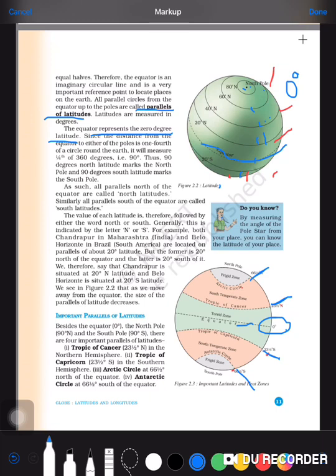Now I think this much is sufficient. I am again recapitulating the thing. Some of the important lines are required to locate the exact place and time on the earth. So for that purpose we are going to discuss them. We have discussed the parallels of latitude, and in this chapter we will also discuss the meridians of longitude. These are not lines drawn on the earth. No, dear student, these are imaginary lines.